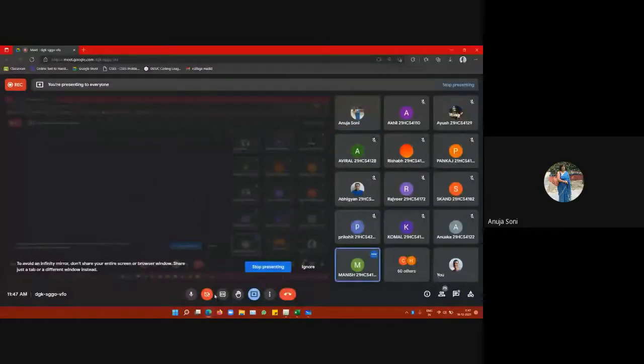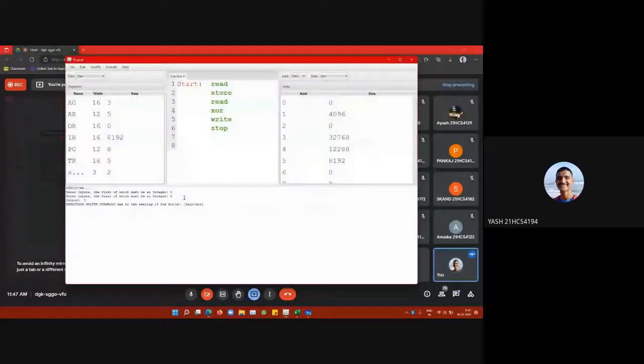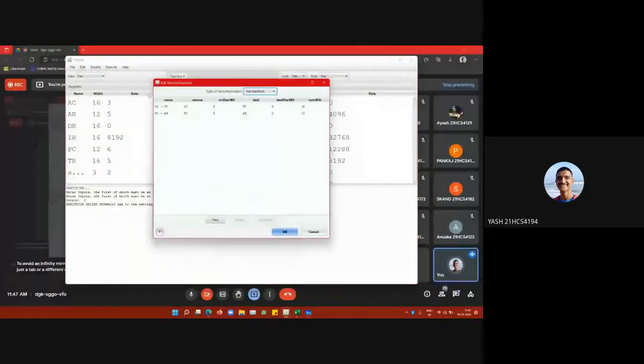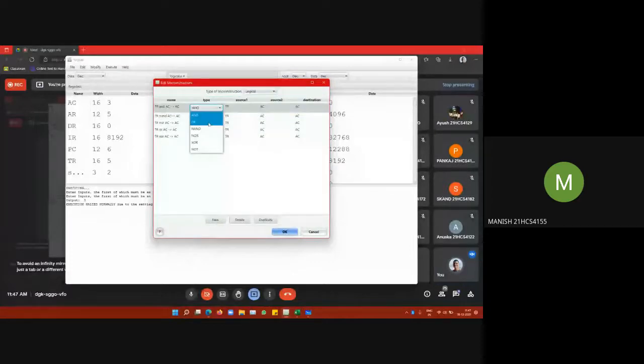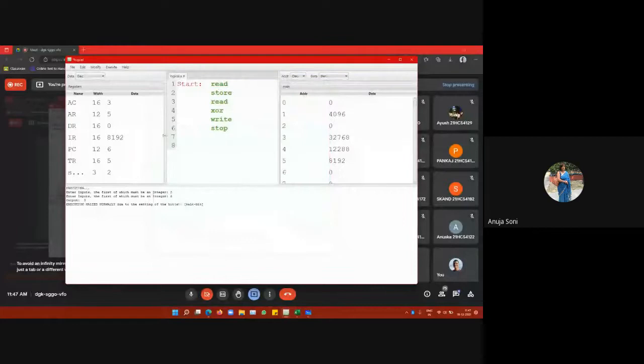I have just changed the different micro instructions in the logical part in the same machine. Everything is the same, just the type of the operation is getting changed, so there also it won't give any problem. Can you show the NAND operator? Yes, Manish, I want to see the NAND operator. Okay, just show it.